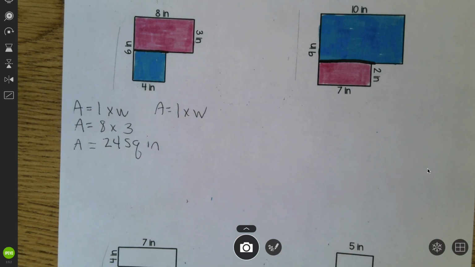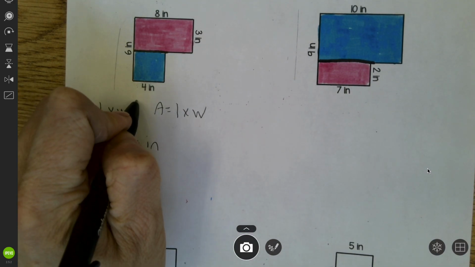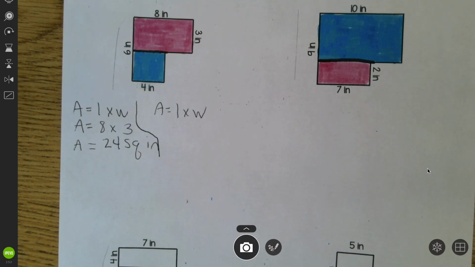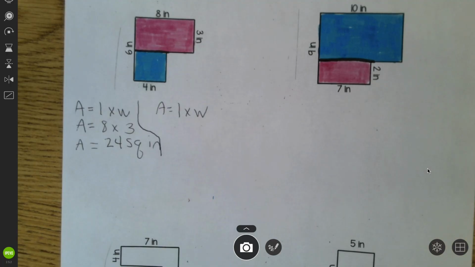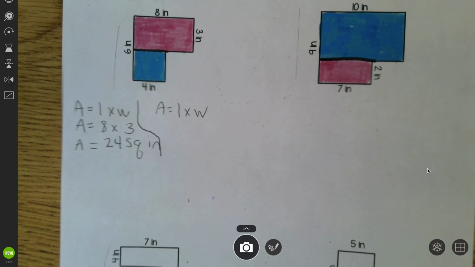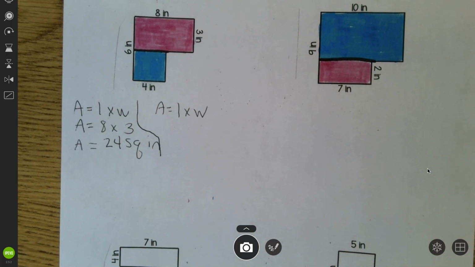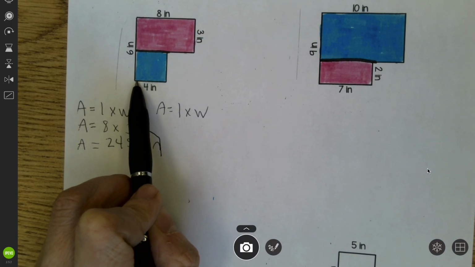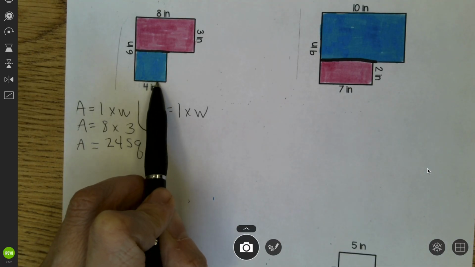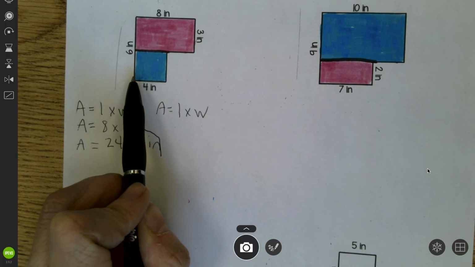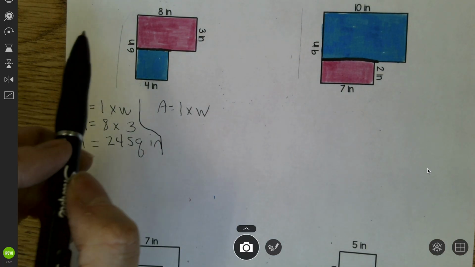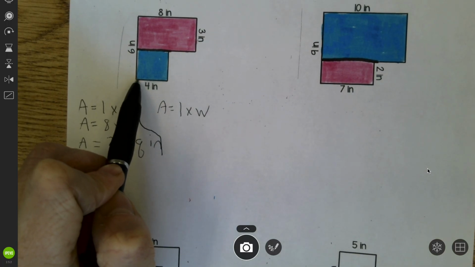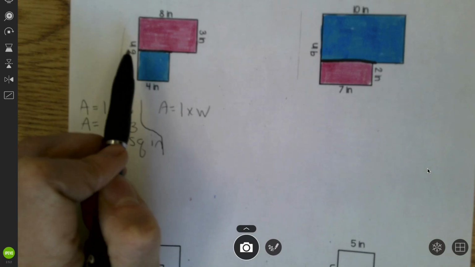Okay. Now we're going to work. Let's just draw a little squiggly so I don't get confused. Now we're going to check out this smaller rectangle, and we ask ourselves, do I have the length and width of the rectangle? I see that one side is 4. However, this side going up and down the vertical length, the vertical side, I'm not sure because this 6 inches measures